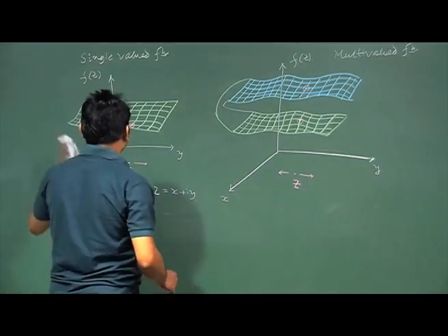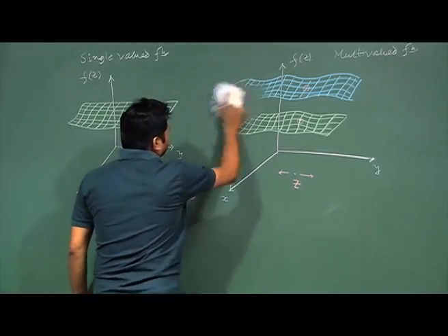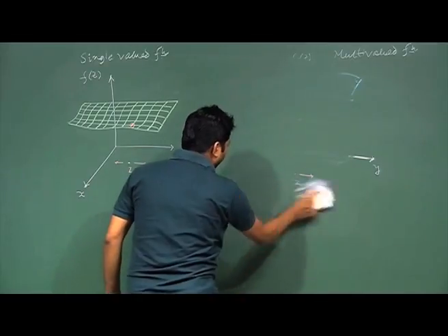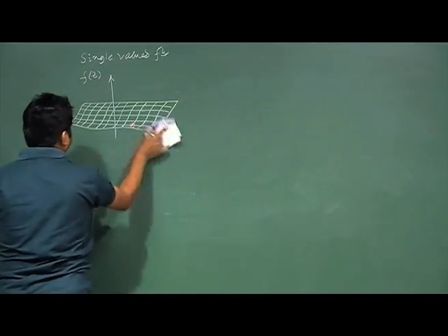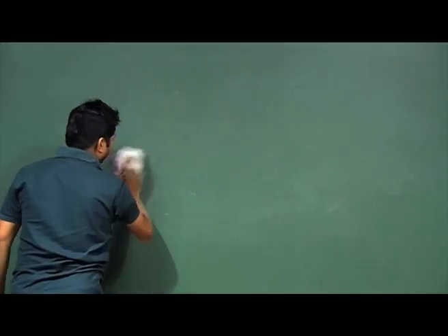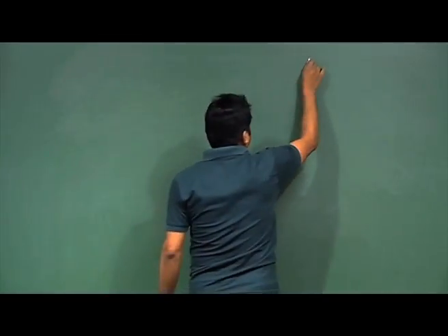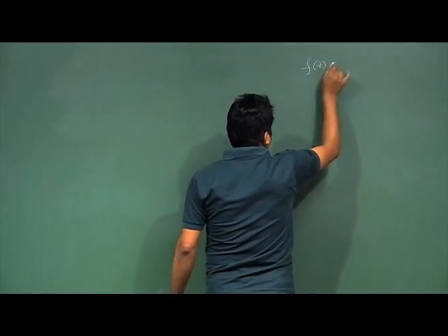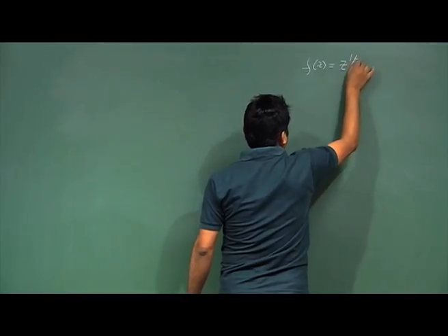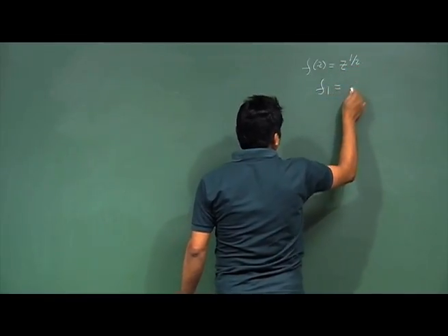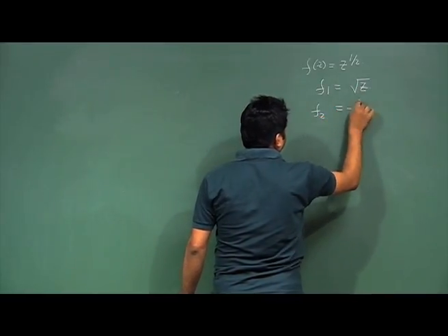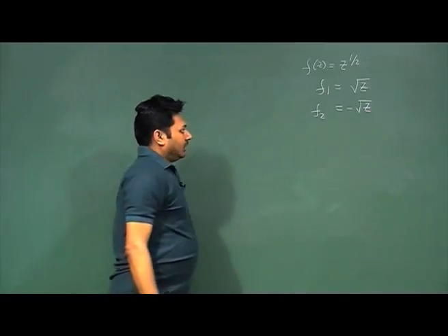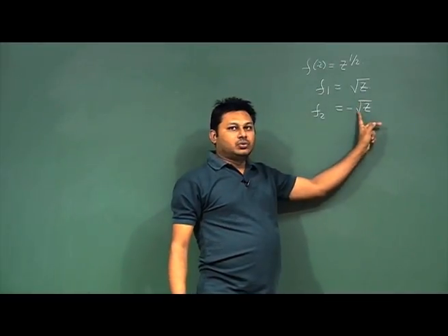So, I will show you something. After having a rough knowledge about how the multi-valued function visually looks, it will be much easier for you to realize the thing. Now, let us go back to the original problem that I started with, that f(z) is z to the power half. So, one value f1 is root over z, whatever the value, and another branch, f2, is minus root over z. After rotating 2 pi, it comes down to a negative value.